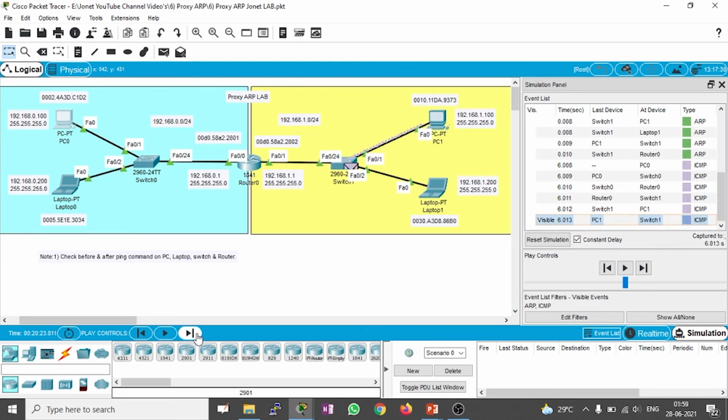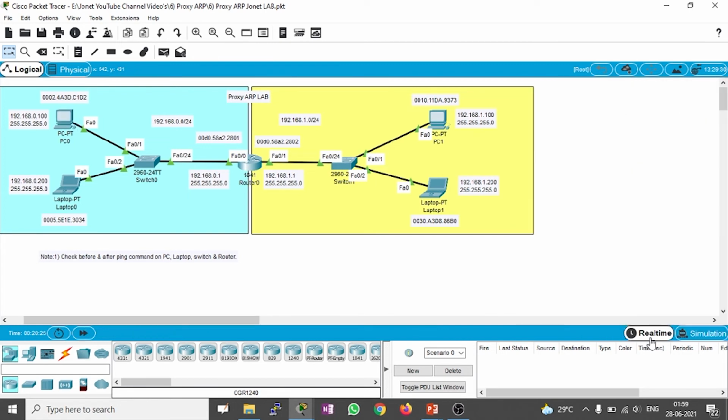This communication will happen. Now see this. This will keep on communicating. Okay, now I'm going to the real time mode.